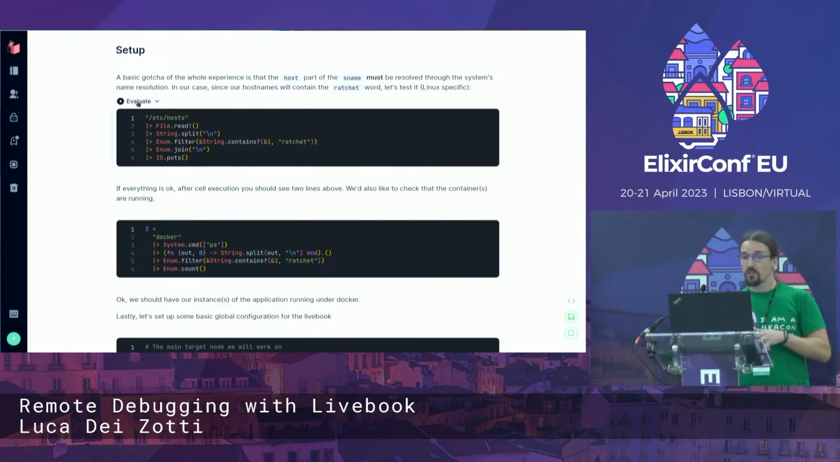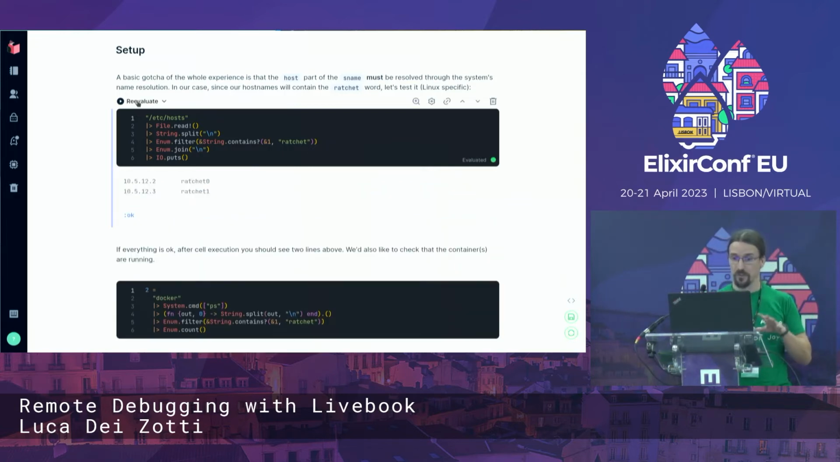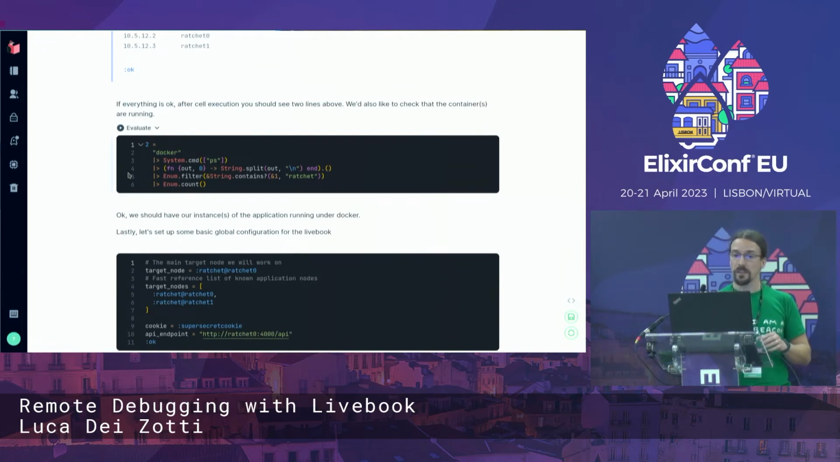So a basic gotcha of the experience is that the host part of the short name that we are using must be resolved through the system name resolution. So just check with my machine that we had the IP addresses of our instances. Of course, this becomes a networking problem with respect to our company infrastructure. Okay, we just care that the